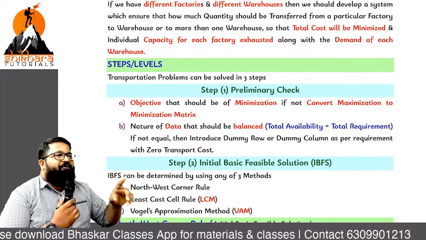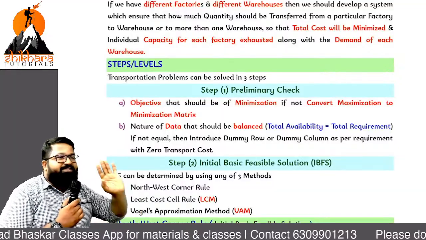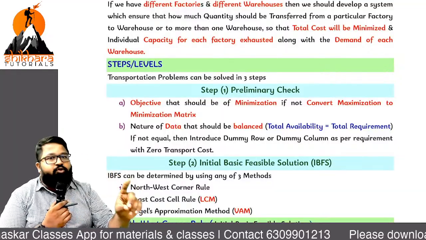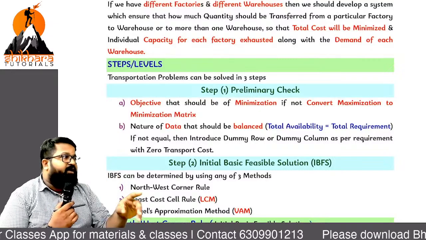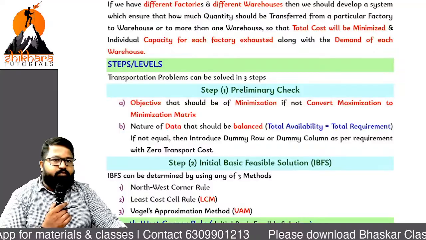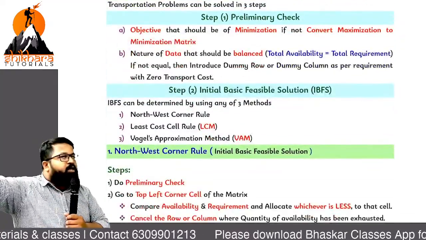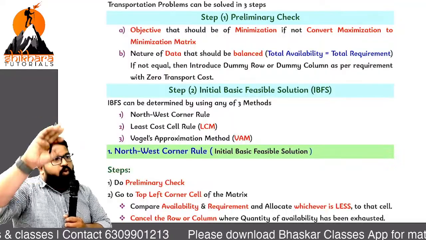Calculator. Okay, 0 plus 0. That is not possible, na? Go with a 0. But I humbly request you to go with the calculator. That is a mandatory thing. If you are not going with the calculator, it is risky for you. Okay, clear? The northwest corner rule: the corner element is identified and cancelled, with the whatever row part or column